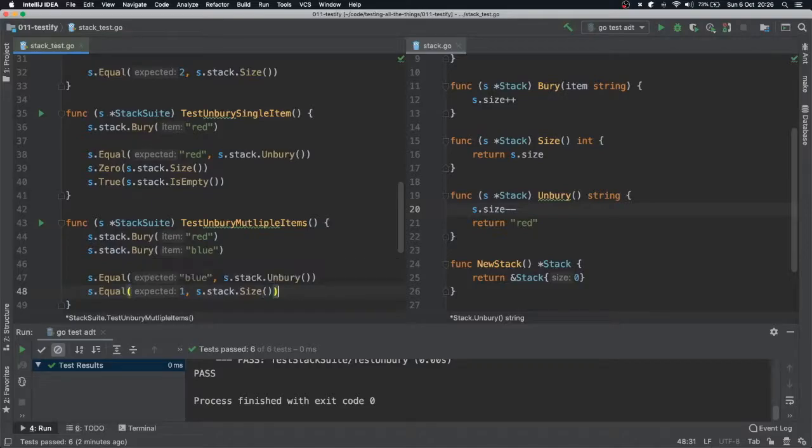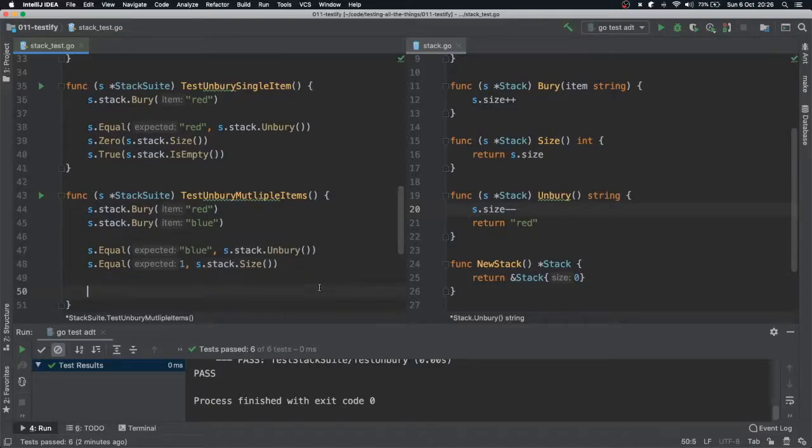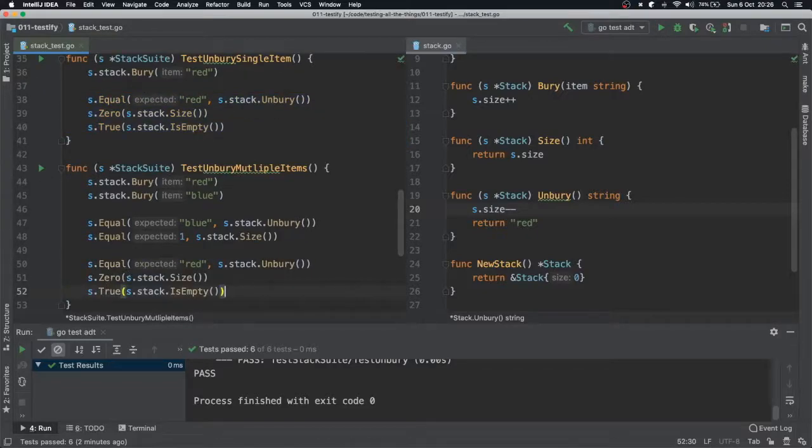Okay, and then we want to unbury the second item, and we should just be able to repeat this. There we go. Okay. Right. So we can run our tests,